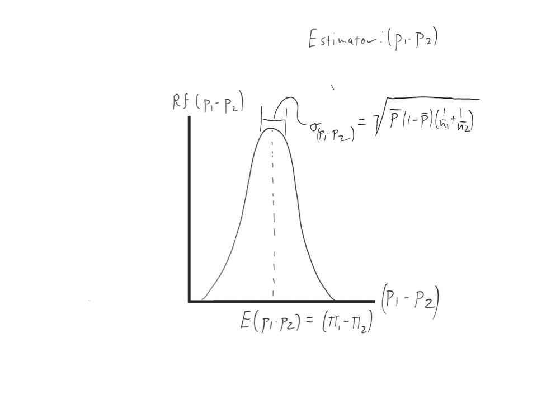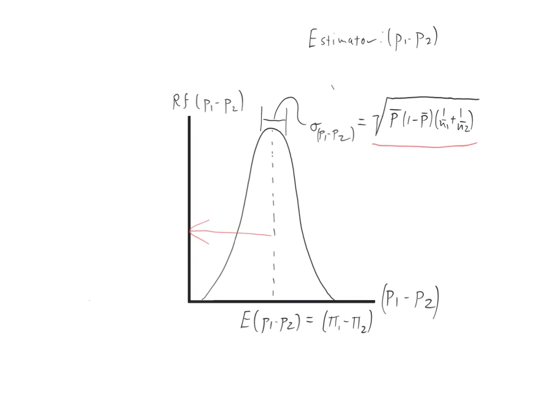So given this information, namely that we have a normally distributed estimator with a well-understood mean and standard error, in order to standardize, we simply need to shift this distribution to the left so that it is now mean 0, and then we need to rescale it by its own standard error so that it is now normally distributed, mean 0, standard deviation 1. Put another way,